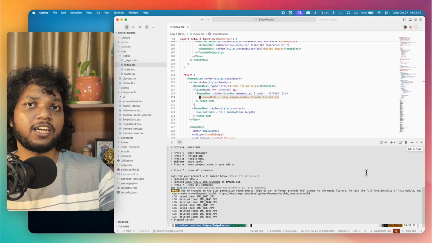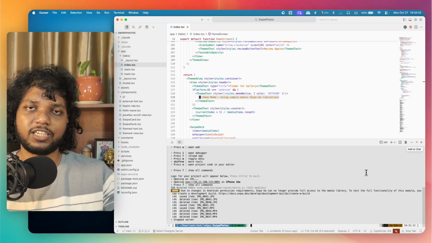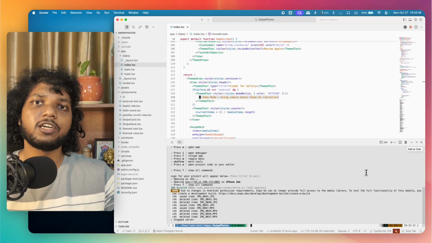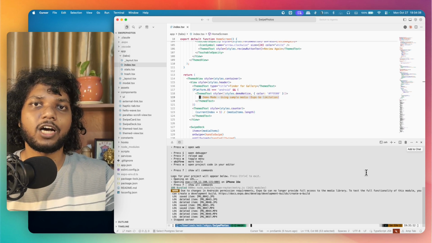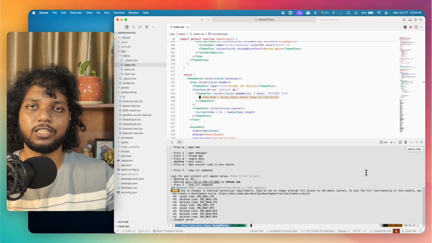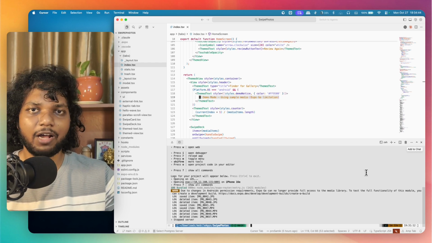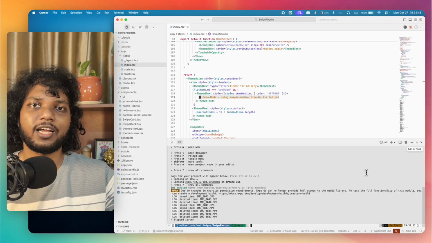So in this channel, I will be including RevenueCat, which I have planned. I will be using either Firebase or Supabase for the authentication and all that. So let's see how it goes. And this is the prompt which I have given to the Expo code, and I wanted to test it for Android and iOS. I just wanted to test it,